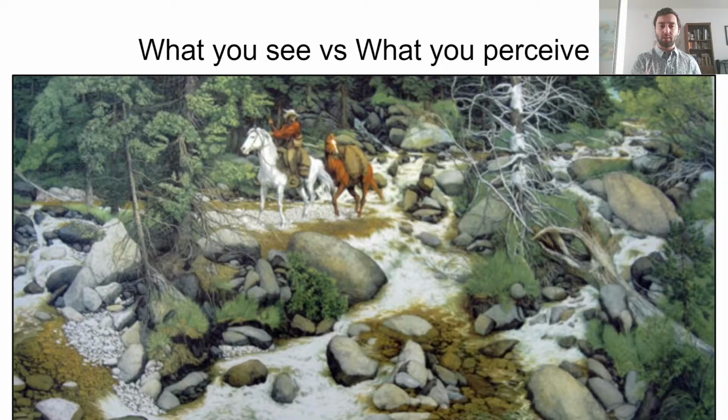Some of you may be looking at this and going, well, I see faces, right? What's important is we're perceiving those faces. We are adding those into this image, because they're not technically faces. None of the things are actually faces in here. They're made up of rocks and trees and boulders and leaves and things like that. But we are perceiving them as a face. They've been organized in a way that we say that's a face.